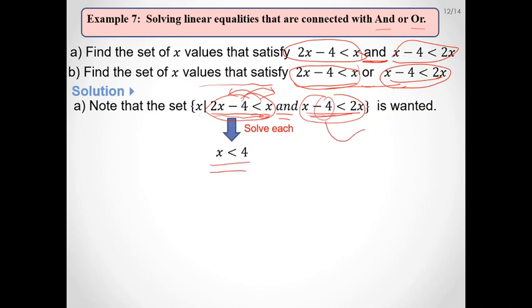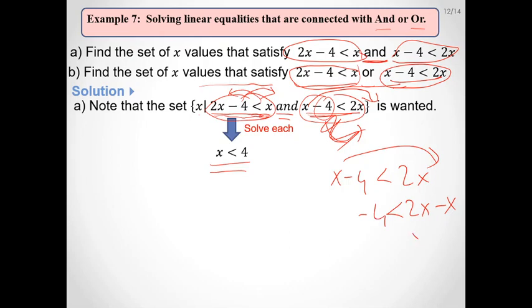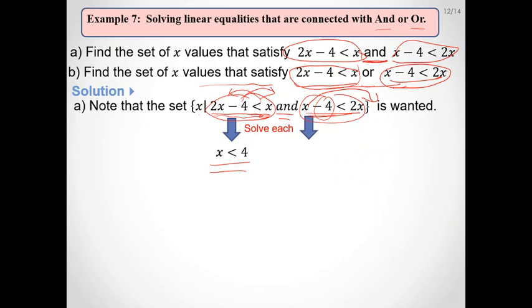And send x to this side. You get x bigger than -4. So we end up with x bigger than -4. And the next thing you have to do is and. We put this condition here, and. So and means here we'll take